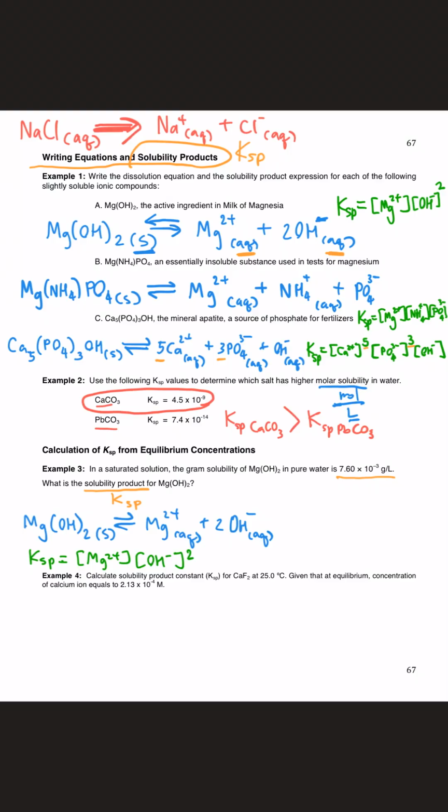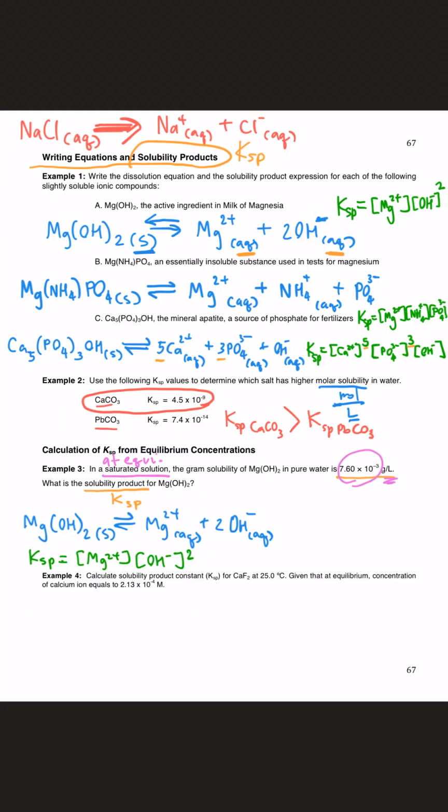The problem says that this solution is a saturated solution. Recall from the previous slide, we already saw that a saturated solution is the solution at equilibrium. So that means in this case, it already tells us that this is the solution at equilibrium, or the solution that has the maximum amount of solute that can dissolve in the solvent, right? So this is already at equilibrium. And it said that at this saturated solution, the concentration per liter is this many grams